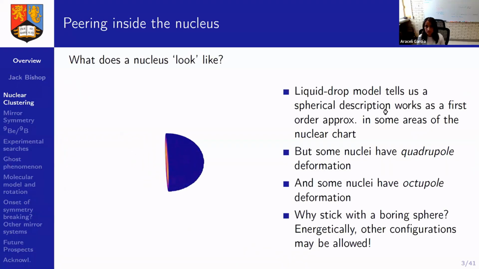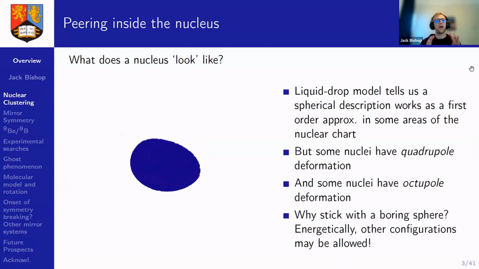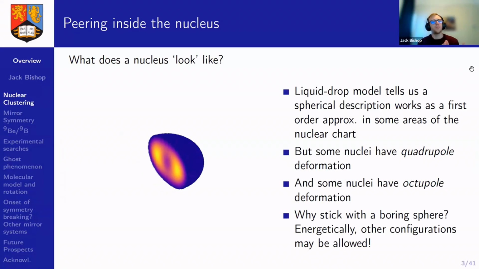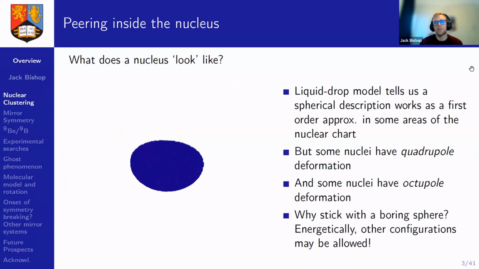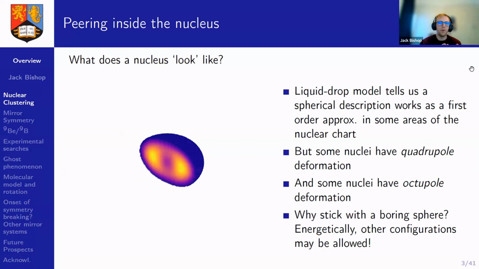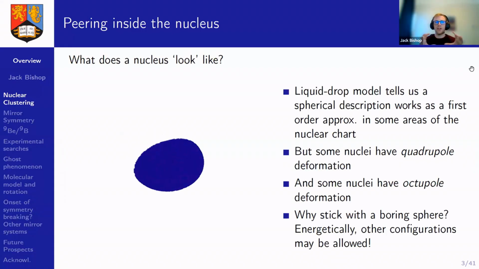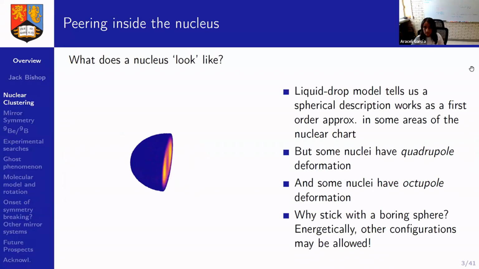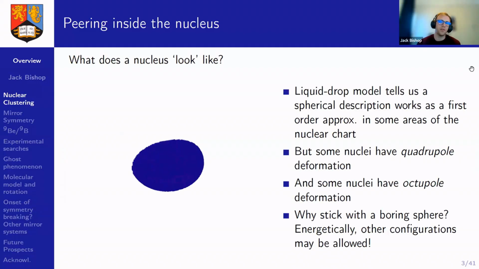So we start off with a very simple question. We look inside of our nucleus, and what we want to ask ourselves is, what does a nucleus particularly look like? What you get taught in high school is that the nucleus is just this very boring sphere. You've got protons, you've got neutrons, and in the liquid drop model, you just add those onto the nucleus, and you end up with this liquid type configuration that ends up a bit like a sphere. And what we see is that this spherical description works as a first order approximation okay in some